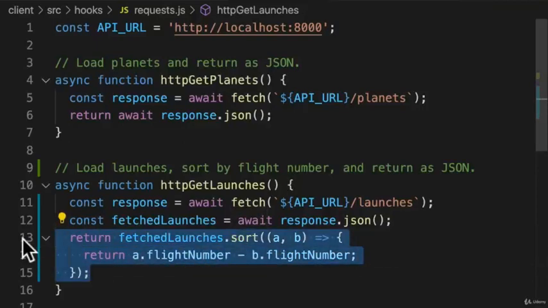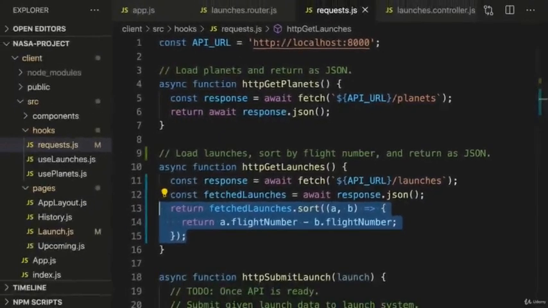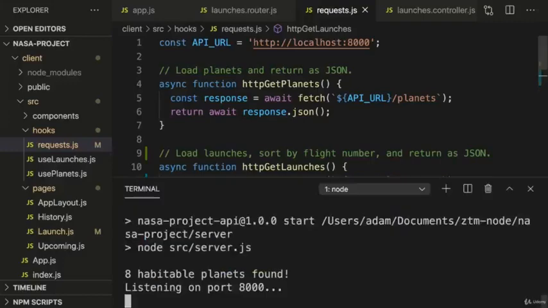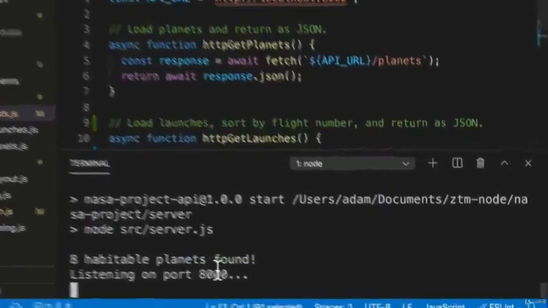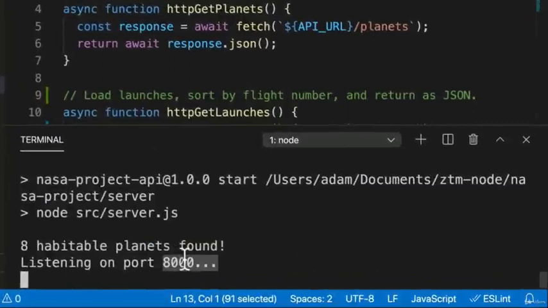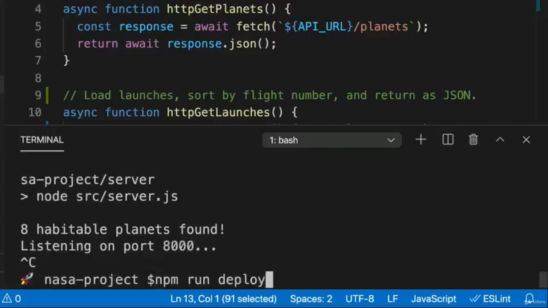by flight number. Our front end is making the correct request, and things are looking promising. Let's give our server at port 8000 a try. We've updated the front-end code, so we'll need to redeploy,